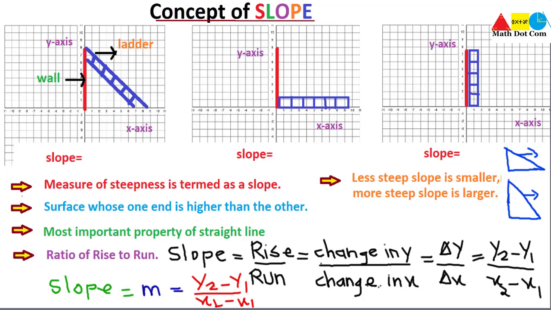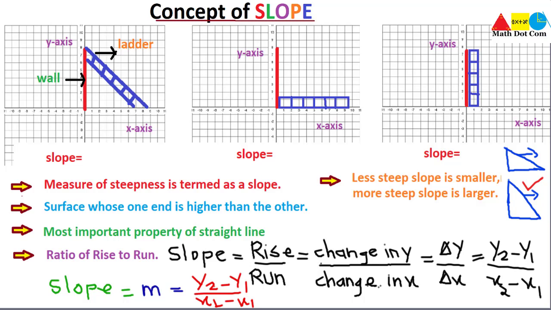So we can say that the second one is more steep as compared to the first one, because of its closeness to the perpendicular. As it is more steep, its slope is larger, and the other diagram has the line that is less steep, so the slope is smaller. So we can say that the second diagram has more slope as compared to the first one. So this is another property.